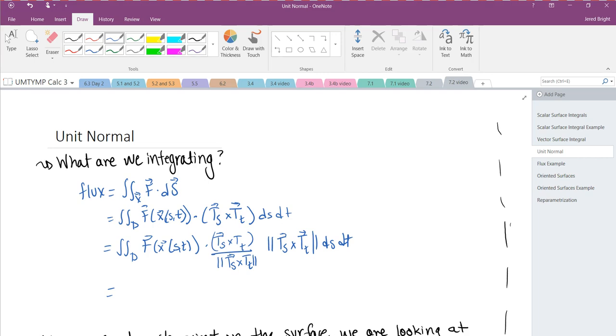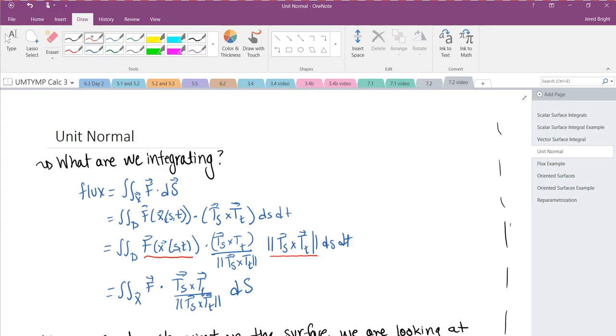and put differently, what I can then write this as is the double integral over X of F dotted with, okay, so what I'm doing is I'm sort of lumping this and that together, and then saying that what I would be left with is F of Ts cross Tt over the length of Ts cross Tt, and then dS. Okay,